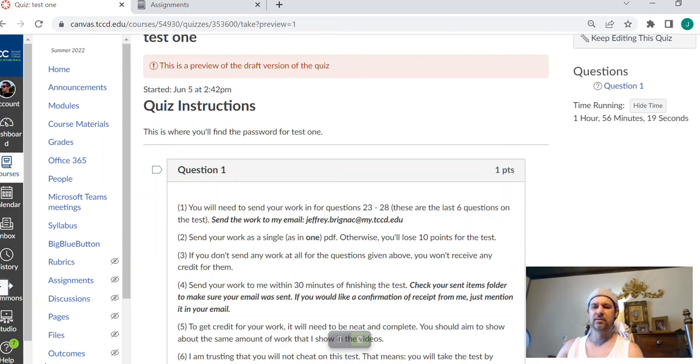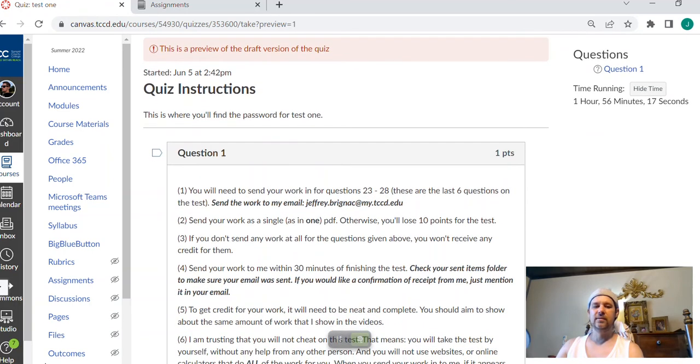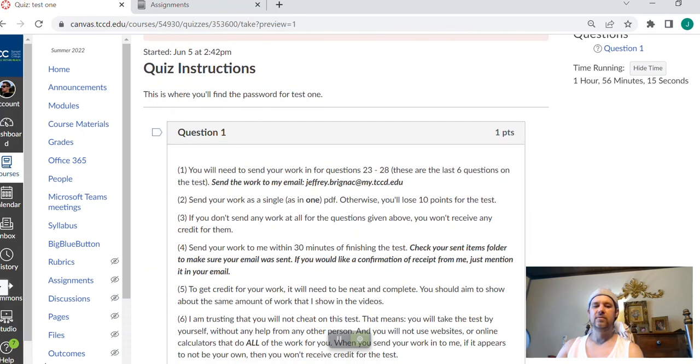Okay, so as far as what you can do, the test is not proctored, so there's an element of trust in this. I'm trusting that you will take the test by yourself without help from any other person, and you will not use websites or online calculators that do all the work for you. It's fine to use an online calculator to do calculations and that sort of thing, but if it's taken the